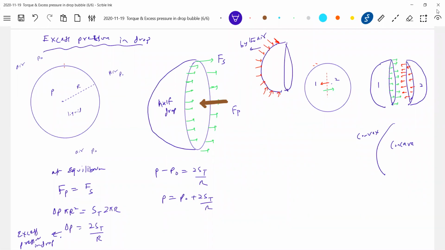Like that, the drop is in equilibrium because of all of this. Okay, green color, able to understand? There is a force due to surface tension. So excess pressure means 2 St by r. What is the pressure inside the drop? It will be P naught plus 2 St by r. Similarly, we'll